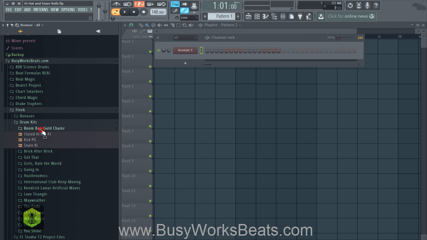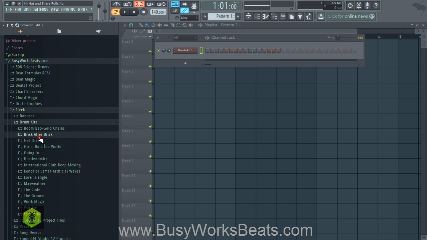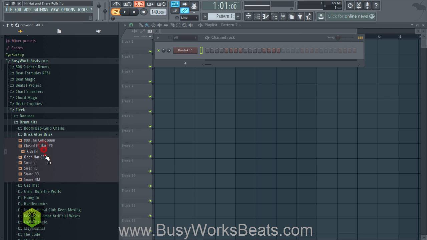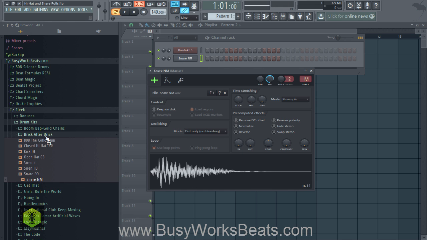Let's check out some kits from Fleek just to see what we have here. So those are too long. You can always shorten a sample, by the way. So this one, at least it has a short body sound to it. It's not very long. So, well, let's keep looking. Here's the perfect snare roll sound, snare NM. Let's open that up.